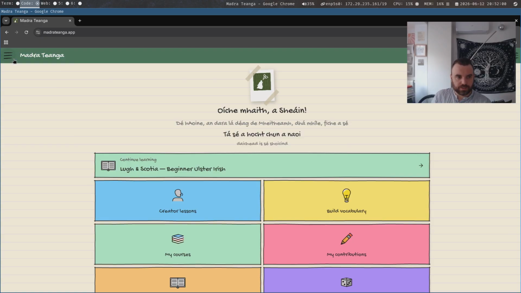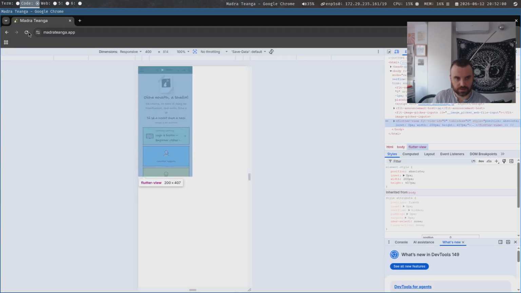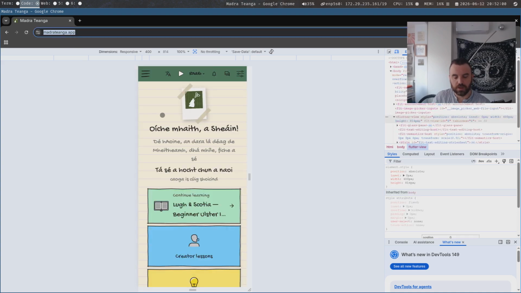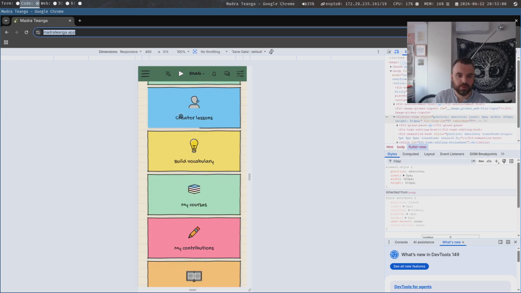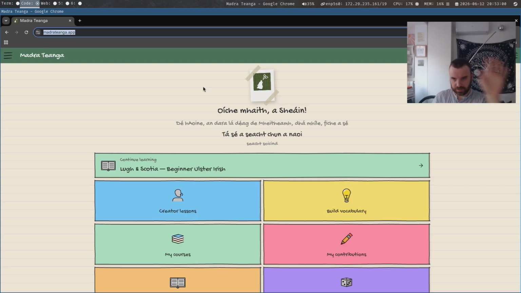This is the home page, and this is your navigation bar over here. And on mobile, that looks like this. And this is live. You can go to this domain, although without a code, you won't be able to sign up. I'll do it in desktop, because of the nature of the video. Alright.